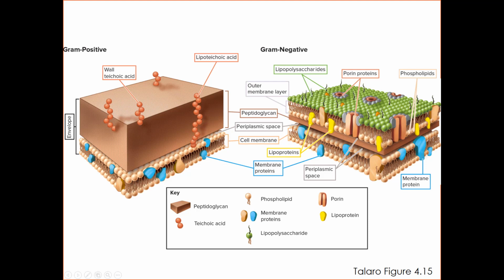lipopolysaccharides are lipids stuck down in the phospholipid part of the membrane, and they have long chain sugars that hang out. That's the polysaccharides. And these are things hanging out of the cell envelopes, and they each have a meaning to the cell, which I'll circle back to, which is part of why we do a gram stain. It doesn't just tell us if it has peptidoglycan or no peptidoglycan. It also tells us about the entire cell envelope.